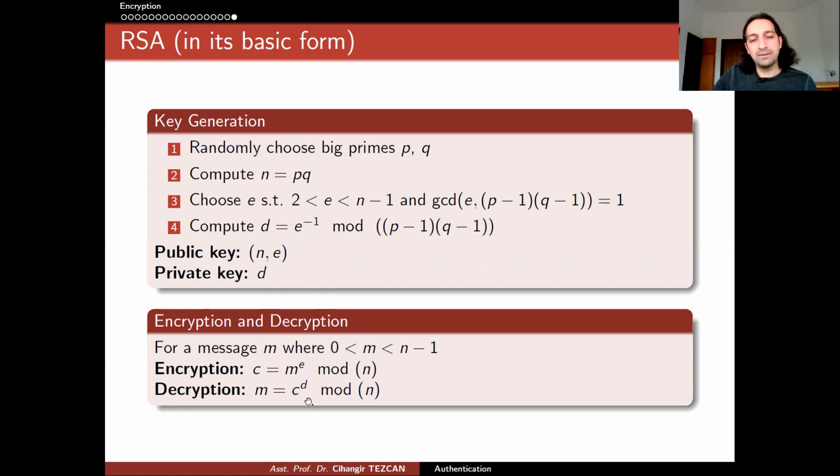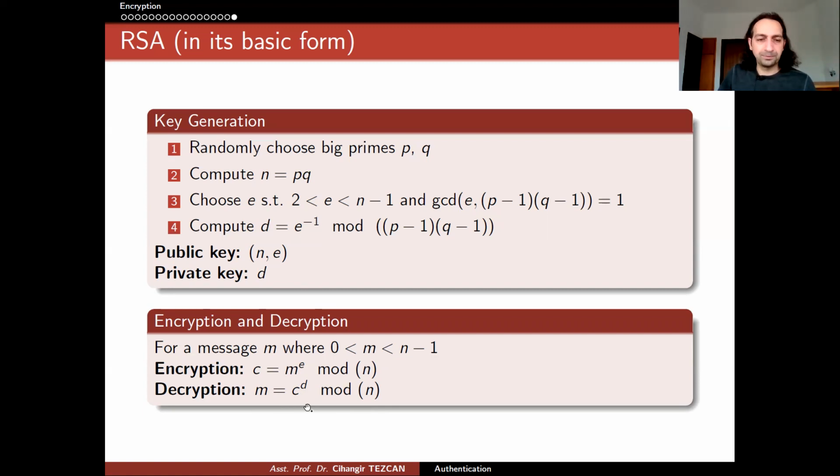The person that receives this C has the decryption key, or the private key, called D. They calculate the D-th power of this C. But due to a result in number theory, this gives you back the message itself, M. Because if you take M and take its E times D power modulo N, it will give you itself back, because we have chosen it that way. So it is as simple as that.